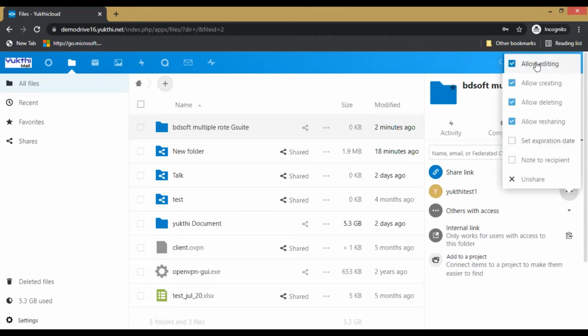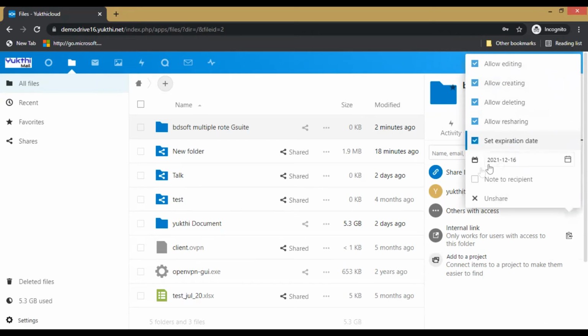You can allow the editing permission, creating permission, deleting permission. You can set the expiry date also here. And you can give a note to the recipient here.